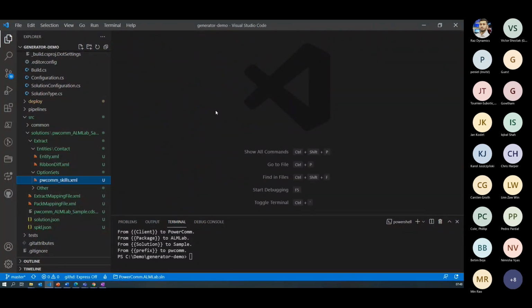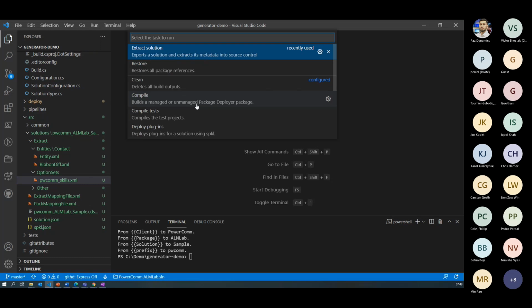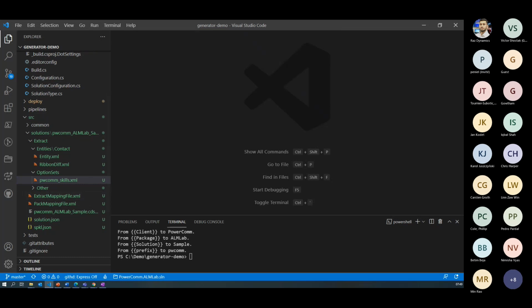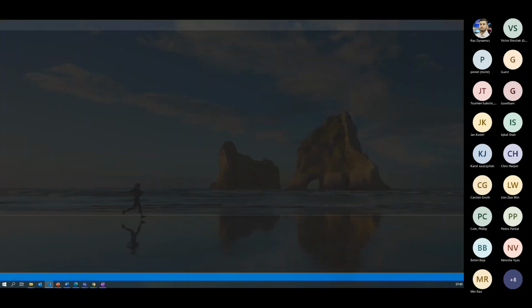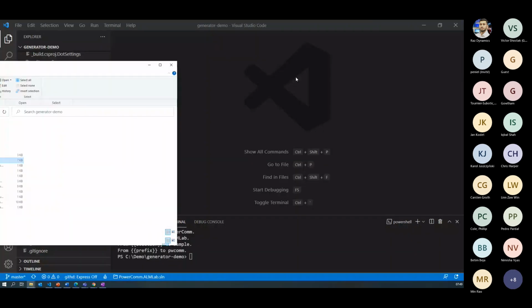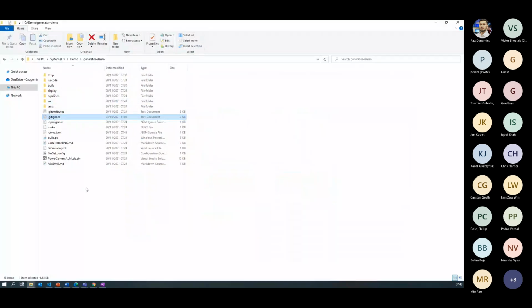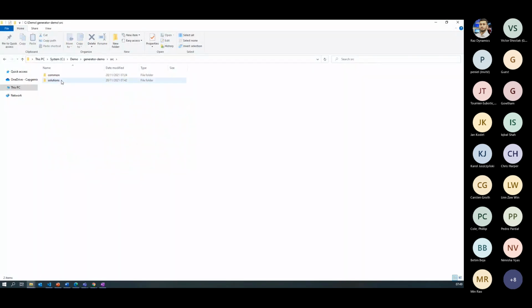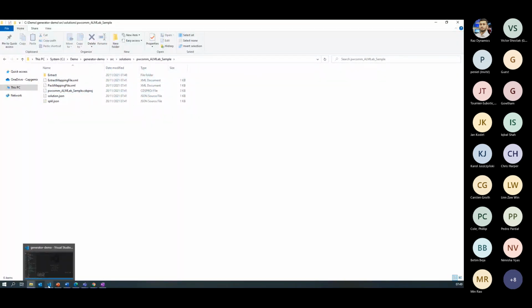Right, so this has been extracted now, and before you commit this change and move to Azure DevOps, if you want to verify this locally, you can again use various commands. Like if you want to do a pack, let me show you the folder location where it runs. So this is the folder structure. If I'm going to use the pack command under the src solution, you see there is no bin or obj, but if I run the pack command now,